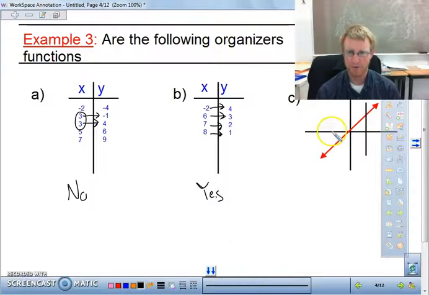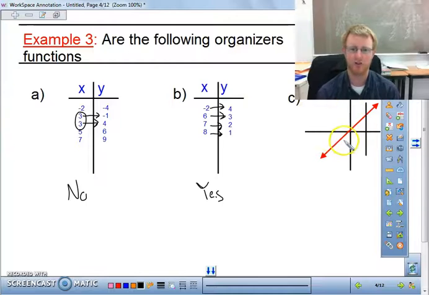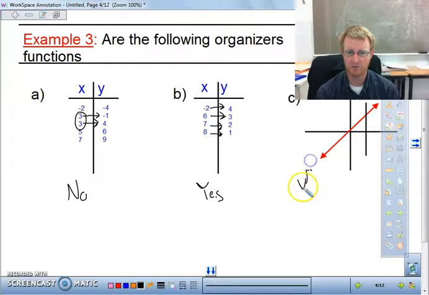In our last one, this is a little bit more difficult, but I'm going to say less difficult in the long run because we're just looking at a graph. So how do we determine whether a graph is a function? You see this black vertical line here, and this is what we call the vertical line test. And you may have done this before in a class,